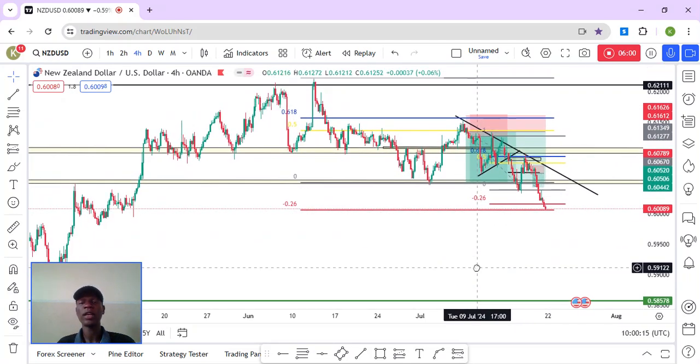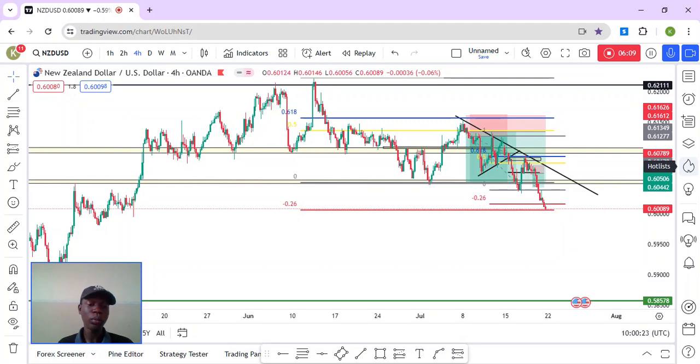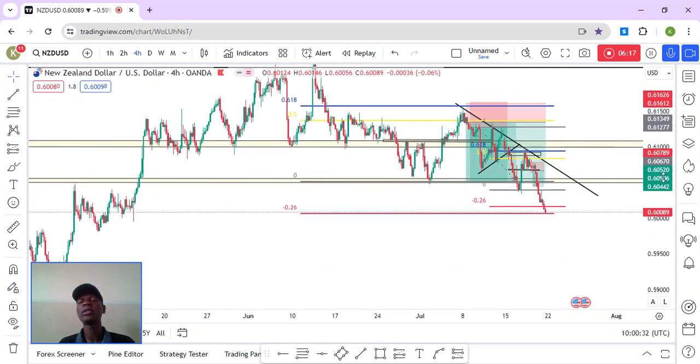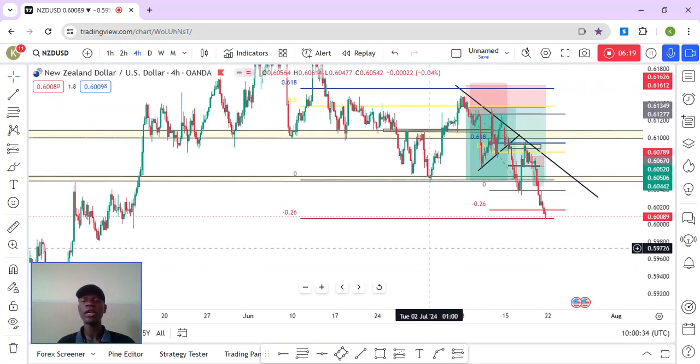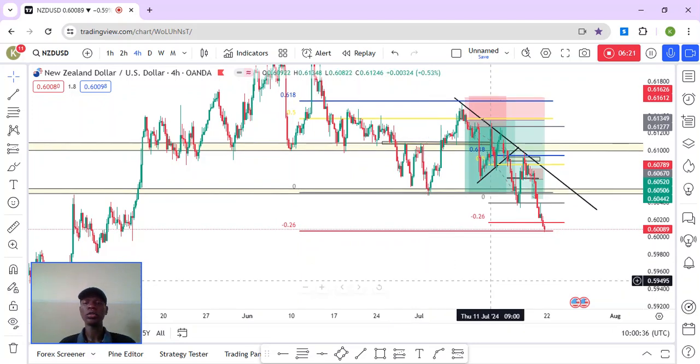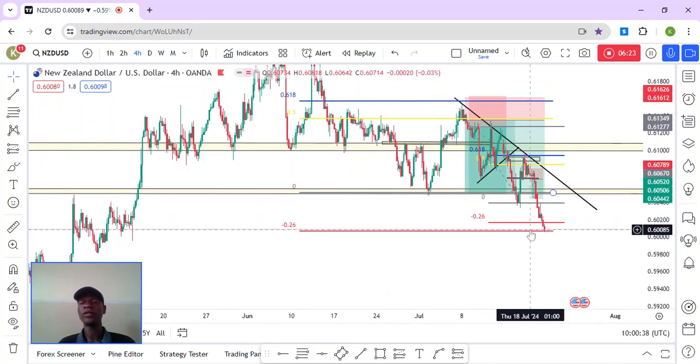If at all the market is going to reverse or go to the upside, it will at least form a double bottom or an inverse head and shoulders, a reversal pattern for us to know that truly this market is coming. So the potential trading opportunity I will give you guys is to let the market come to this psychological level